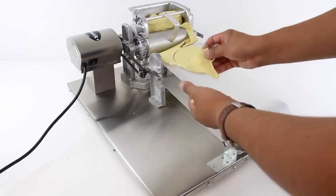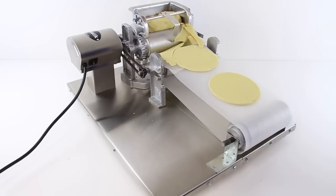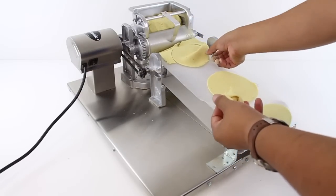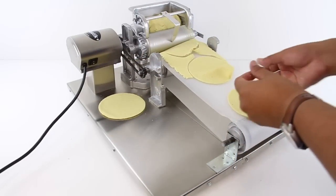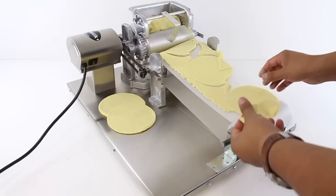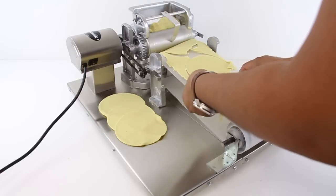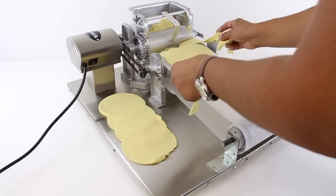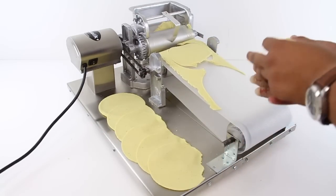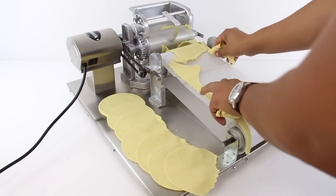Just clean the leftover masa. Put it on top. Pretty easy thing to do. So 1, 2, 3, 4, 5, 6. If you see that the roller is cutting your tortilla, just turn it off a little bit, clean everything up,